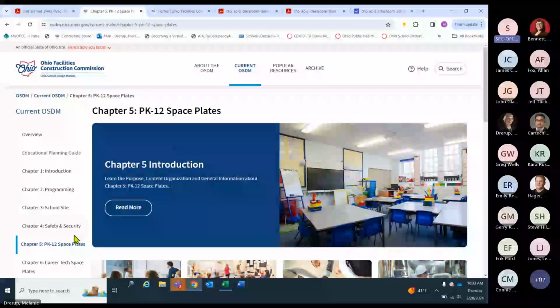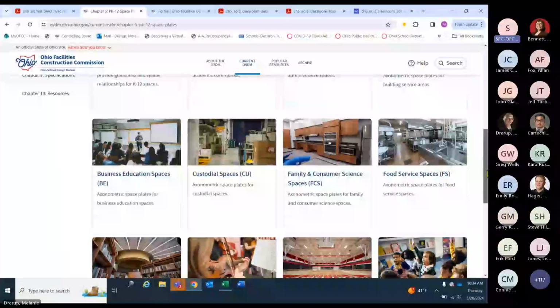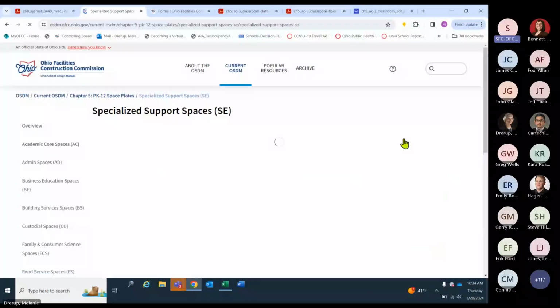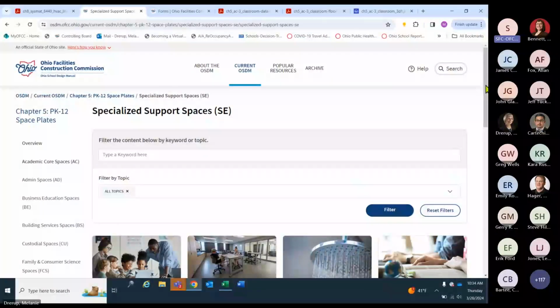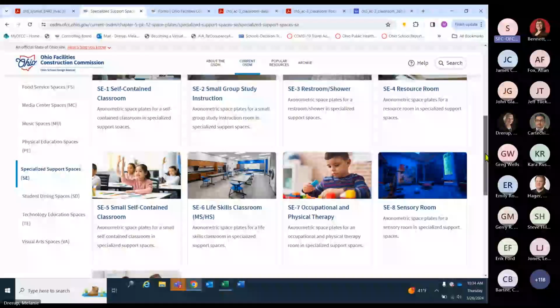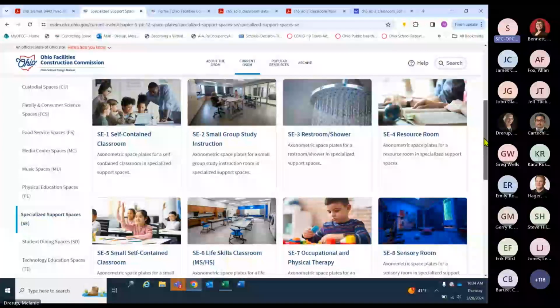In advanced manufacturing we also have a clean room. And then we also have added a few spaces in the specialized support spaces. Some of those are a sensory room, I believe an occupational therapy room, and a small group study instruction space. Very good. That will be helpful.